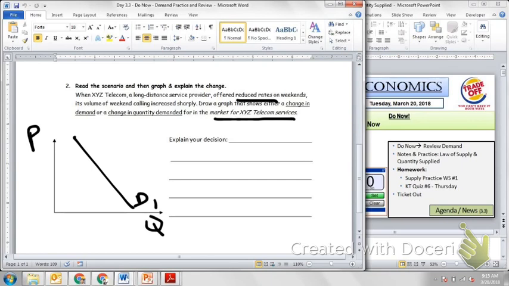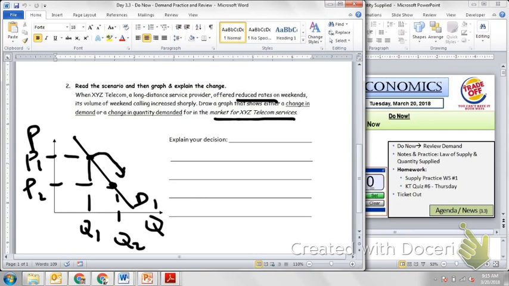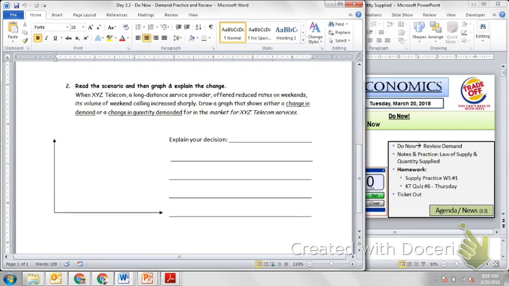then there is a price reduction, so that means that we are going to have a change in quantity demanded, and so we'll have P1 and we'll have quantity 1, and a price reduction we get P2, which is lower than P1, and we have Q2, quantity 2, and we're going to have movement down the curve, which is going to be a change in quantity demanded. It's a quantity demanded increase, and the reason is because of a change in price. So there you go. There's 2 exercises for review,